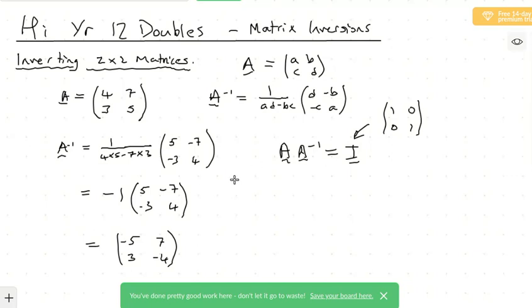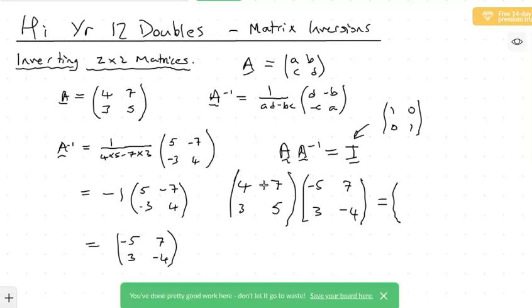When we do 4, 7, 3, 5, sorry about my handwriting deteriorating again, when we multiply that by minus 5, 7, 3, minus 4, what do we end up with? Well, let's have a look. Never hurts to remind yourself how matrix multiplication works. You get minus 20 plus 21, well, that's 1. Then you're going to get 28 minus 28, well, that's 0. Then minus 15 plus 15, well, that's 0. And then 21 minus 20, well, that's 1. So whilst we haven't proved that A times A to the minus 1 equals I, we certainly have verified it